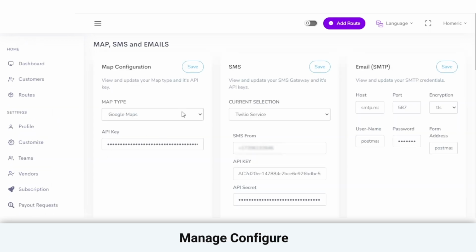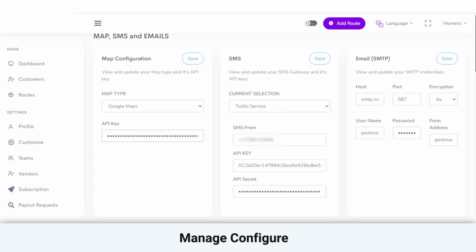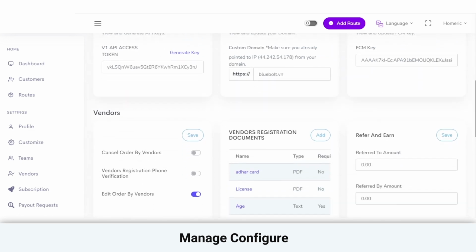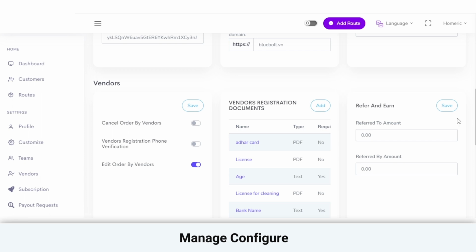So you can select the map type, the API key, just enter the API key, current selection, SMS from, API key, API secret, email details, username, password. And just click on save once you enter all these details. Then there are other details that need to be filled up, like personal access token, custom domain, FCM server key, the number of the vendor's registration documents, which is a very important part of